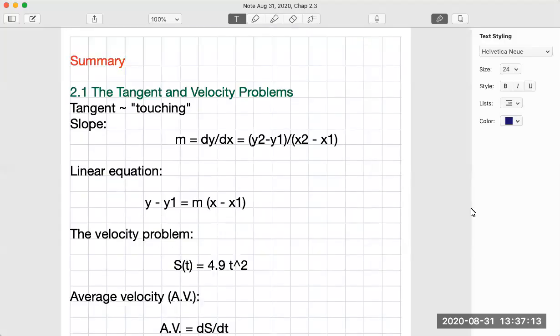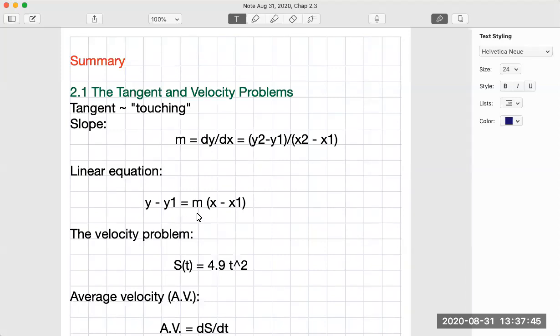Okay, we're good now. So in section 2.1, we study the tangent, right? It means touching, when a line touches a graph at one point. And we review the slope, which is the change in y over the change in x. Given a slope, we can write the equation of a linear equation: y minus y1 equals the slope times the